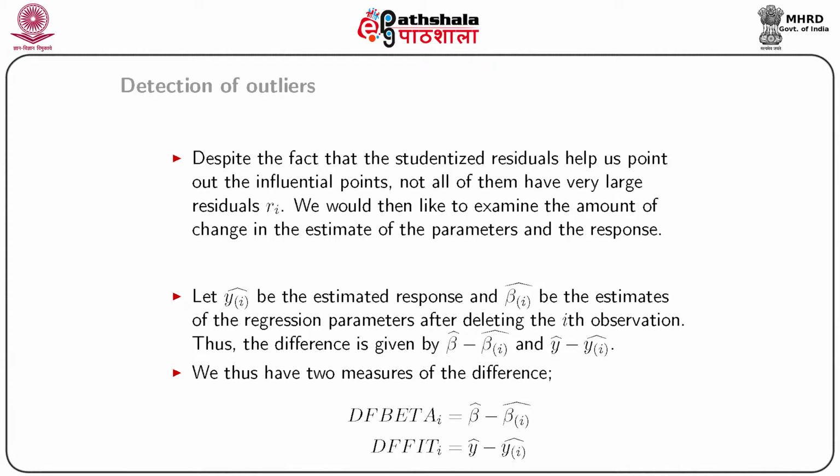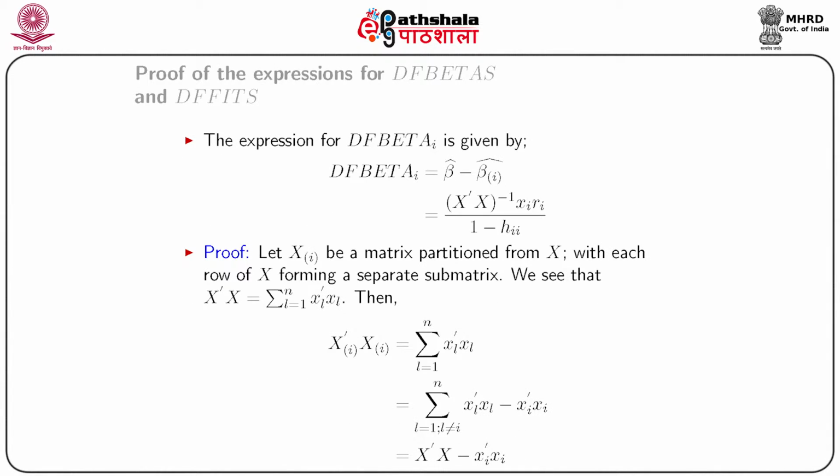They are called DFBETA, which is the difference between the estimate beta hat from the entire dataset and the estimate beta subscript i hat, which is obtained by deleting the ith observation from the dataset, and DFFIT, which gives us the difference between the fitted values from using the entire dataset and from using the dataset after deleting the ith observation. The expression for DFBETA is given by beta hat minus beta subscript i hat, and the